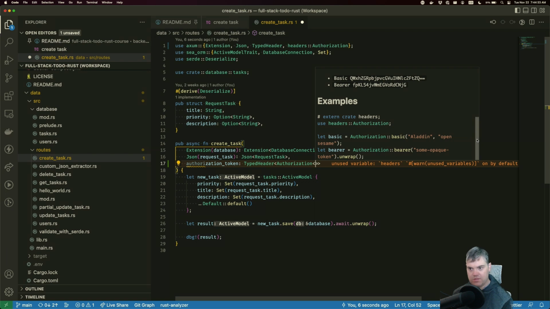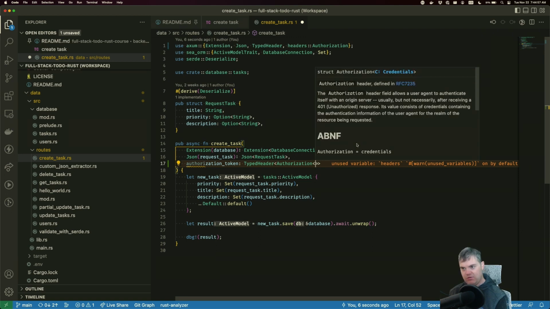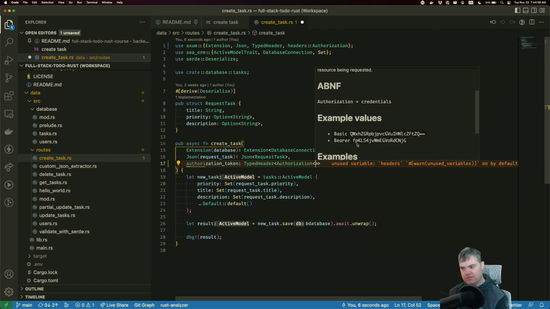Okay. Would it be bearer? Technically it's not, but I guess we could do it as a bearer token. So if I want, wait, how do I extract this out?